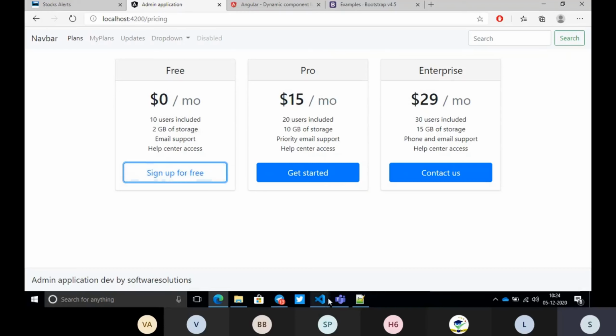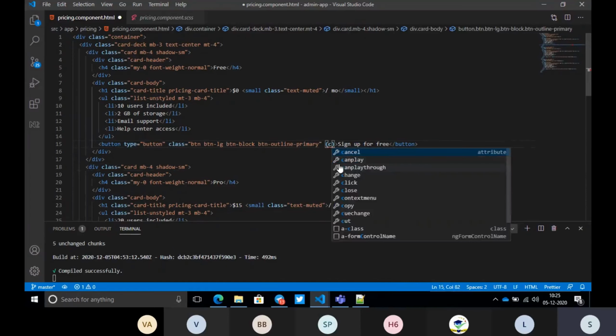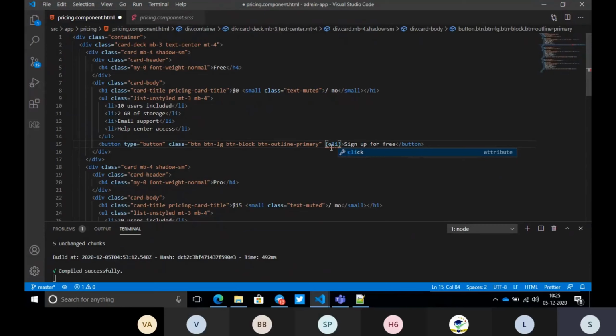In Angular, if you want to handle any event, in JavaScript you write onclick, but in Angular you don't need to write onclick. I want to handle only the click event, so just type click.